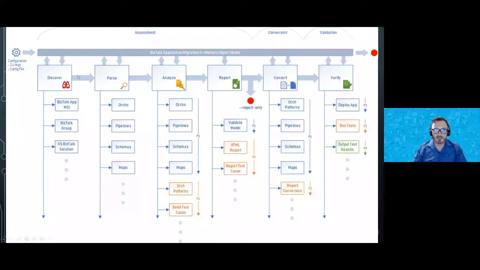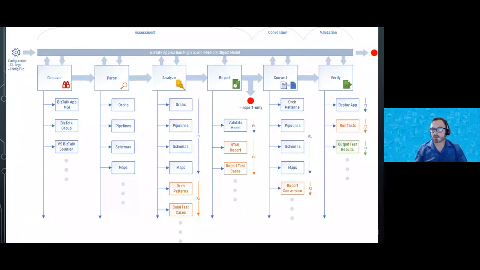Each of these stages is tied together, and it makes perfect sense if you think about it: you've effectively got a pipeline, but that pipeline is interacting with an object model. When we discover things, the fact that we've discovered components in a BizTalk MSI gets added to the model. Then when we parse them, we break all those components down,